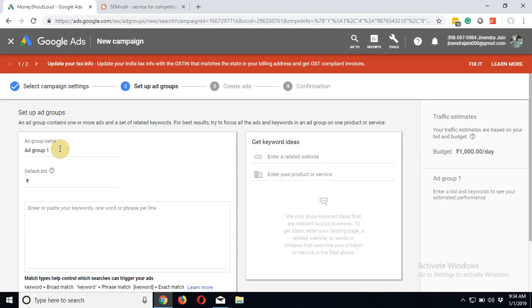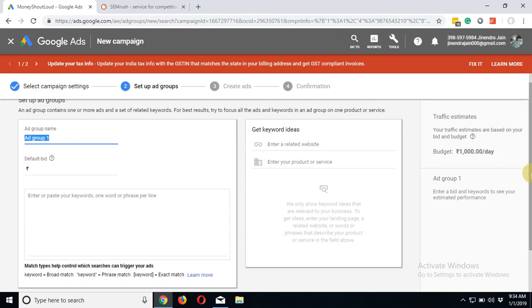Okay, so now you have to create the ad group. Suppose my ad group name is AdWords Services Core, and say default bid. Now it's all about hit and trial. You have to bid something, and if you don't know what to bid, okay, I will recommend